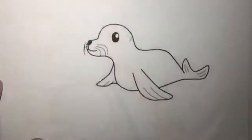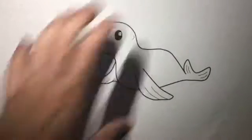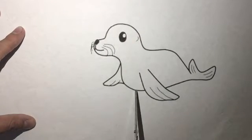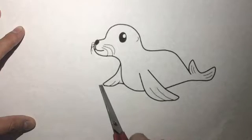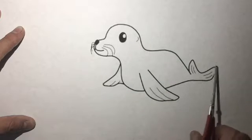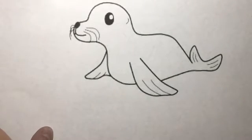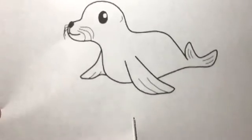So well, the first thing that we're going to do in this picture, we're going to convert this drawing into a mold or a stencil. So the first thing that we are going to do is cut here in the middle, and after that we're going to cut all of the outline of the drawing. Up here of this drawing, we're going to cut all of this line. So look at here, I'm going to cut here in the middle of the